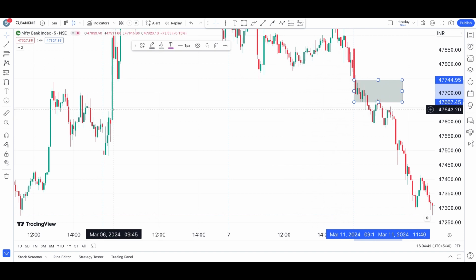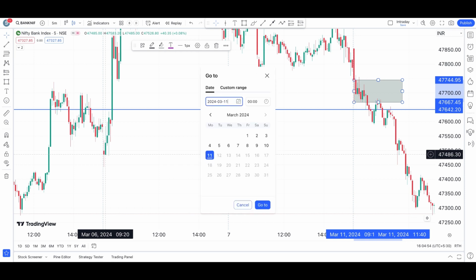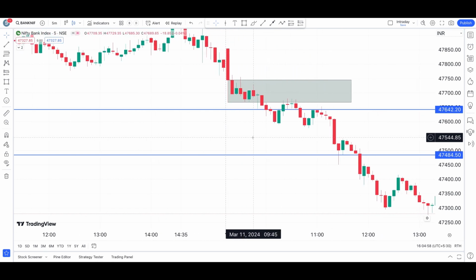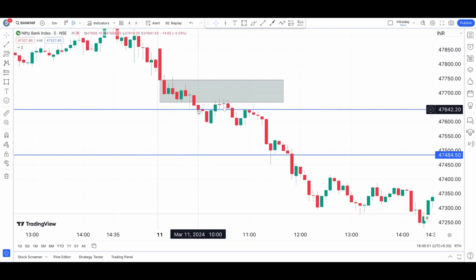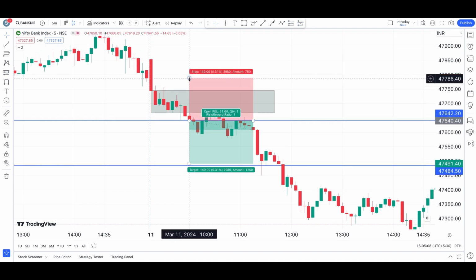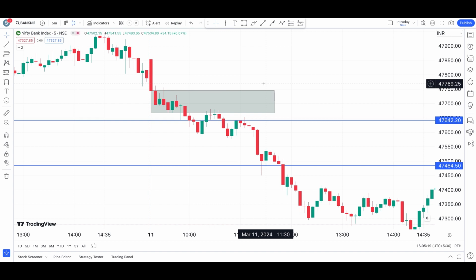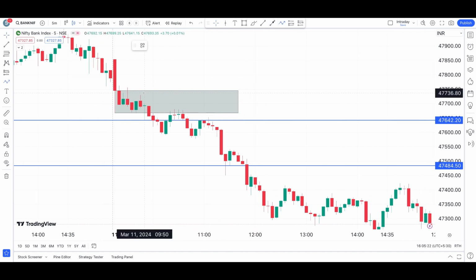After this level, your next serious reaction was from that point. So one might have taken an entry there, but you look at your risk versus reward ratio. If you want to take a trade there, your stop loss should be above that region, and look, where is your target? That's your target. It's still showing 1.3 as a good target, but those who are very concerned about their risk versus reward ratio could have waited for the next opportunity,